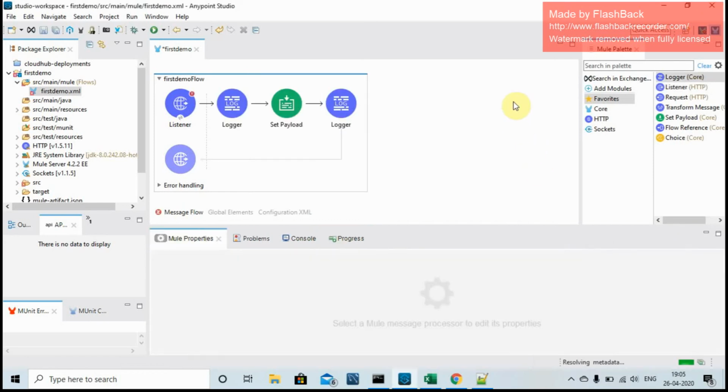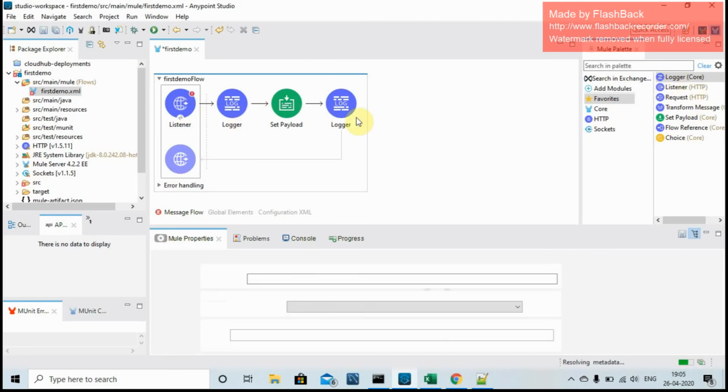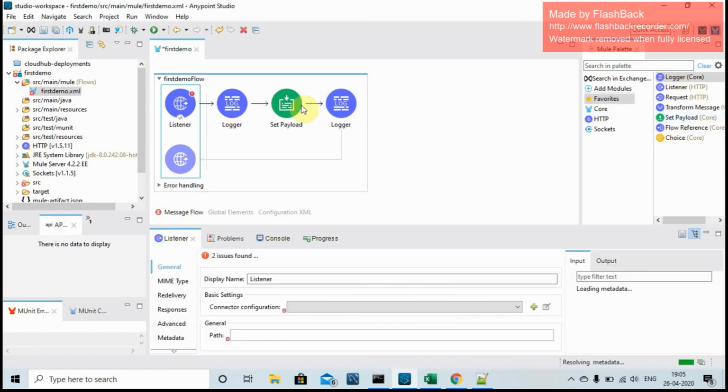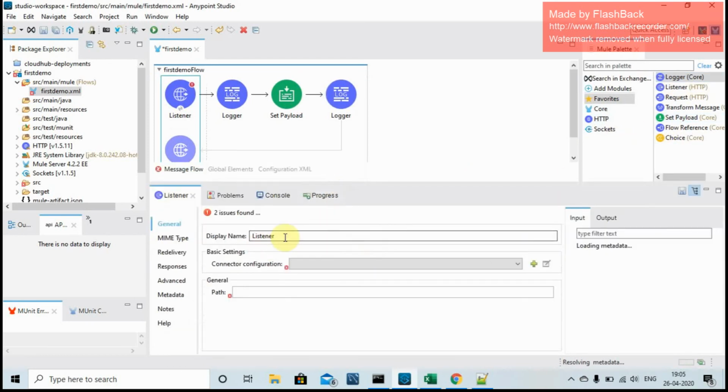So guys, I have set up the listener, and after that I have dragged and dropped the logger into the canvas area, and similarly the set payload and the logger after it. Now let's quickly configure the listener part first. So here you can see the listener and connection configuration. We will click on plus, that is the add button,